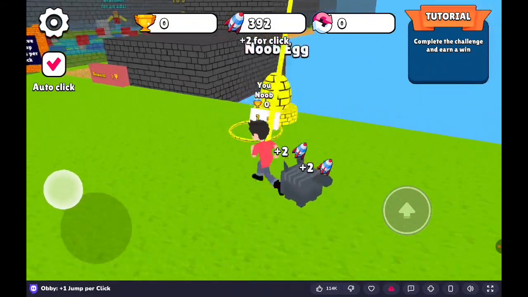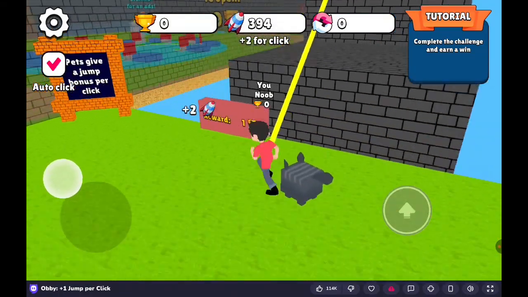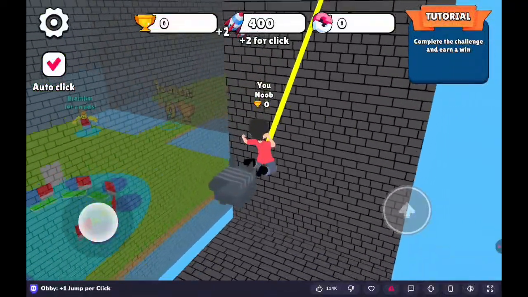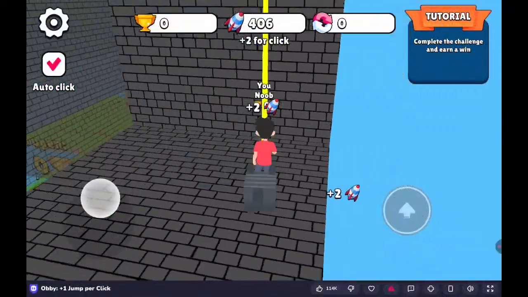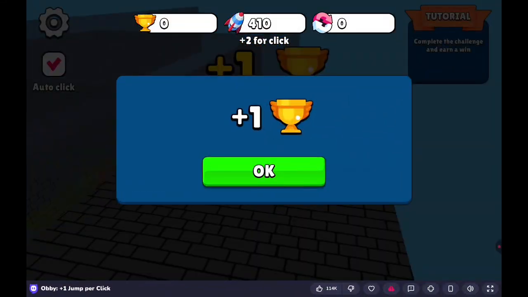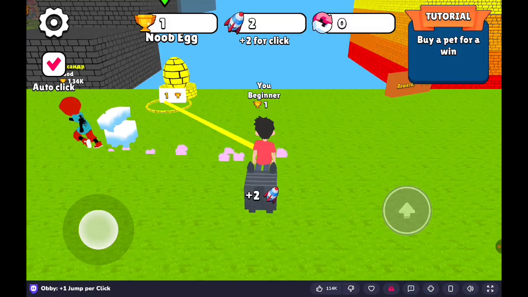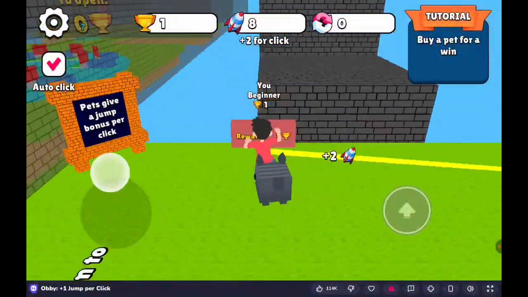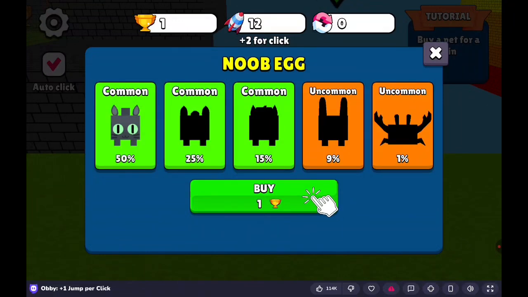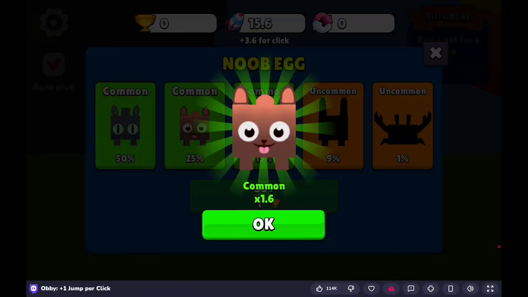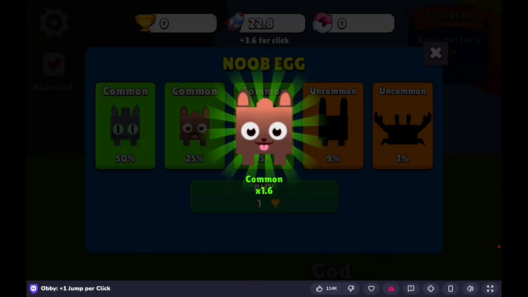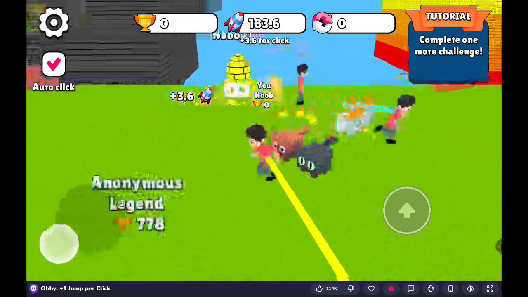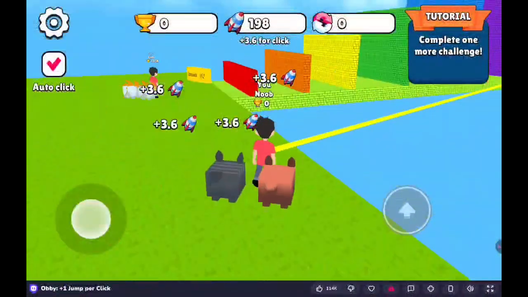USDZ, by Pixar and Apple, is specifically used for augmented reality on iPhones and iPads. If you want to see a 3D couch in your real living room using your phone camera, you use USDZ.